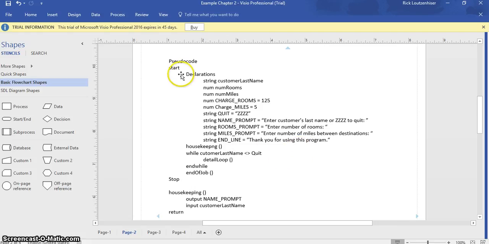So then the main program is this. It is start, declarations, then it goes to a housekeeping module, then it has a while loop in it. While the customer's last name is less than or greater than quit, and that's another way of saying not equal to. While the customer's last name is not equal to quit,